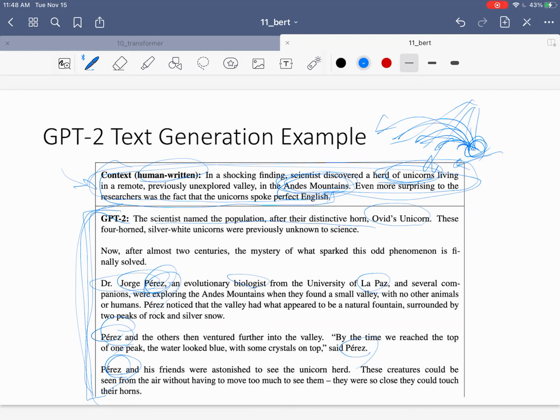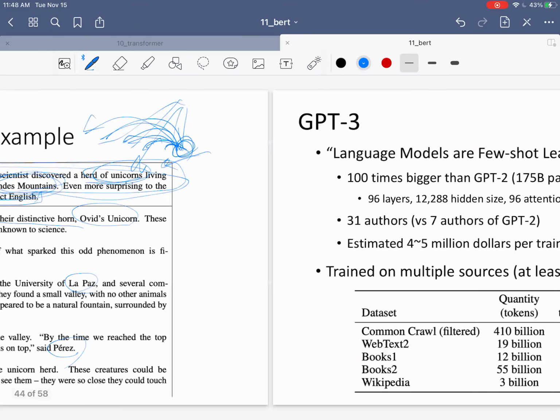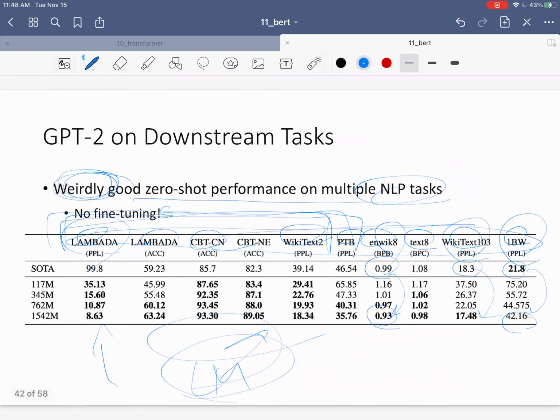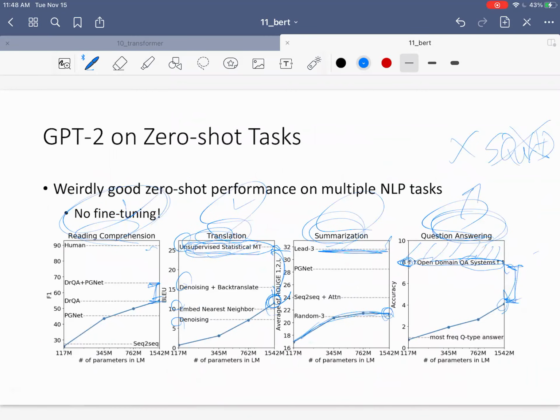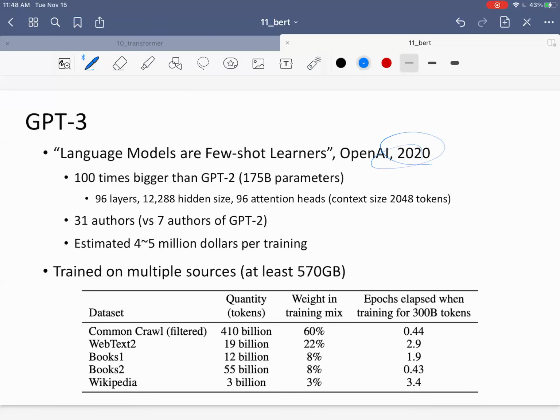So that was GPT-2, and then came GPT-3. So GPT-2: great performance for language modeling, and interesting zero-shot task performance, but not as good as state-of-the-art. Then one year later, OpenAI researchers came up with GPT-3, Language Models are Few-Shot Learners, and now it's 100 times larger than GPT-2, because GPT-2 was 1.5 billion, right? And now it's 175 billion, which means that